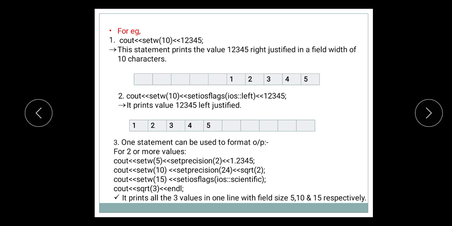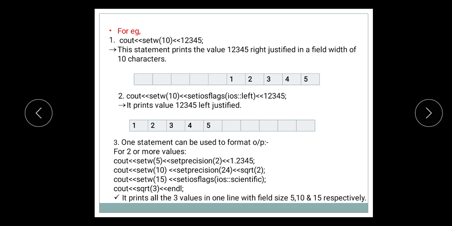Here we are setting the width to 10 characters, that is setw(10). Now I want to print this data not right justified but left justified, so I have set the ios flag, that is ios::left. We are setting the flag to left justified, so these 5 digits are displayed left justified.